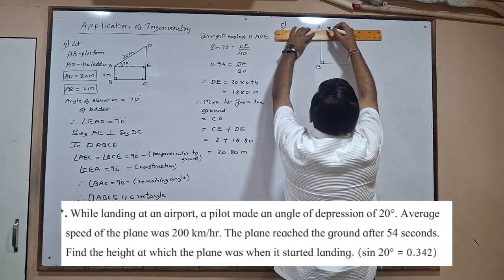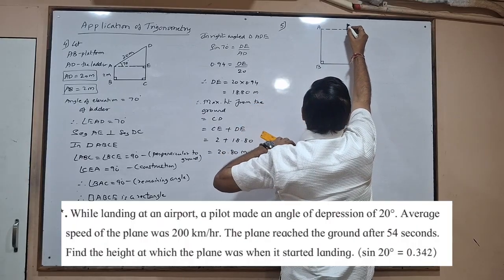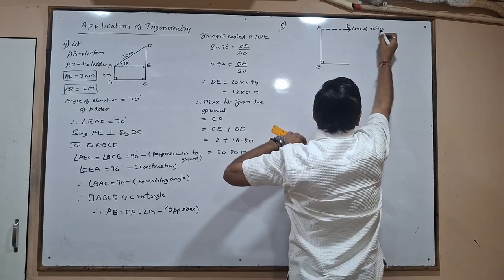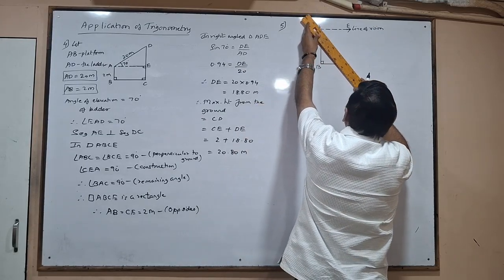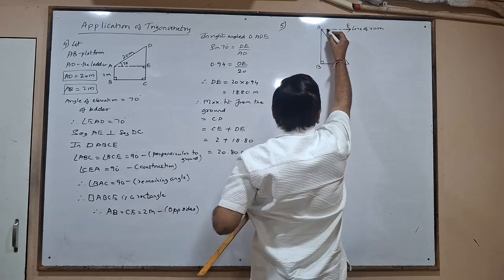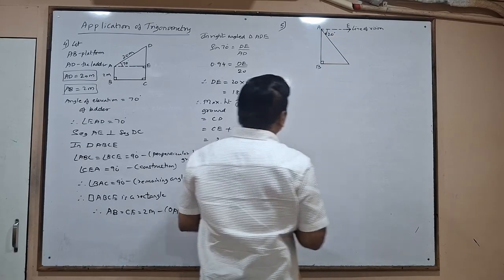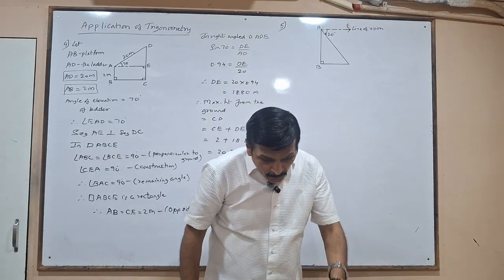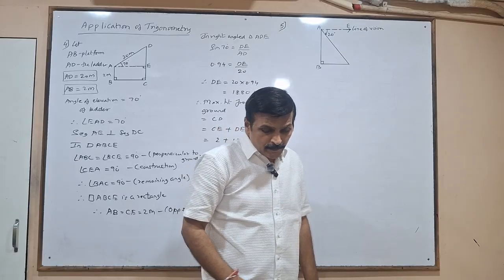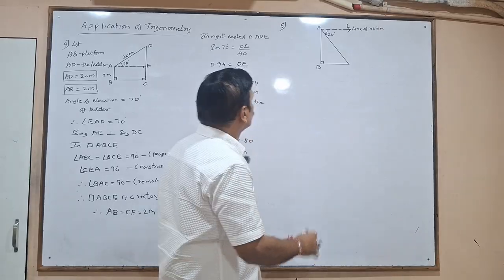So this angle is 20 degree, the angle of depression, which I have marked. Now they say average speed of the plane, and the plane reached the ground after 54 seconds. Okay, so let us first write,